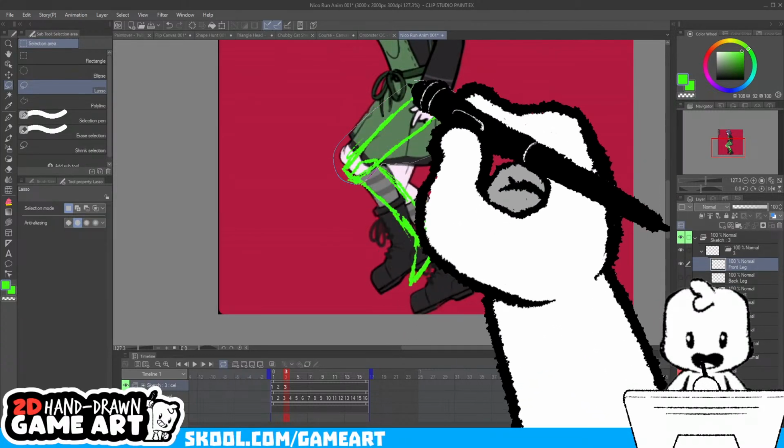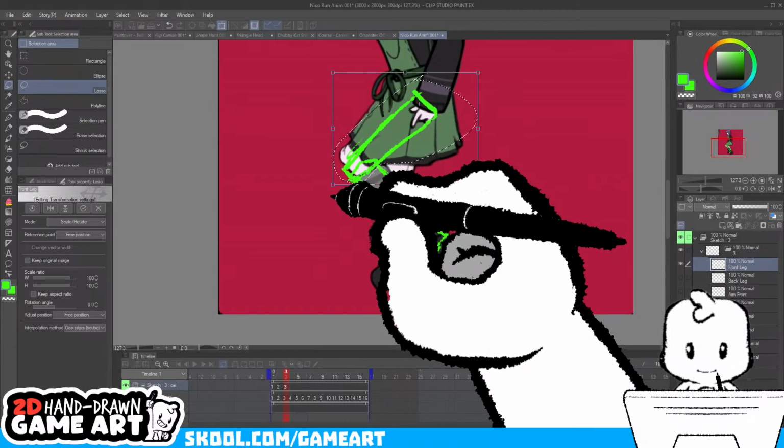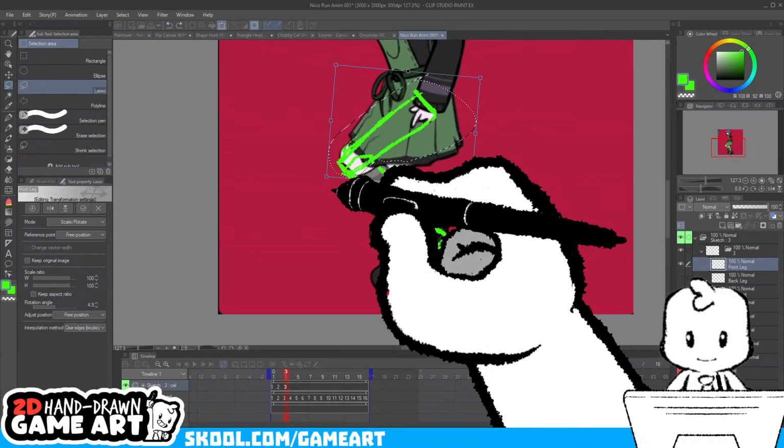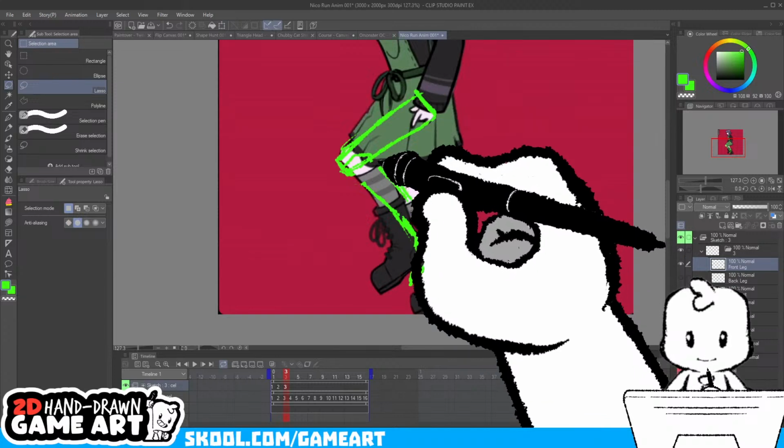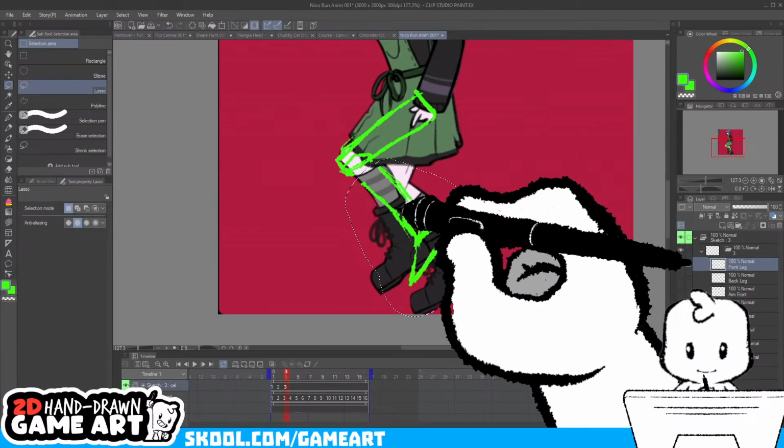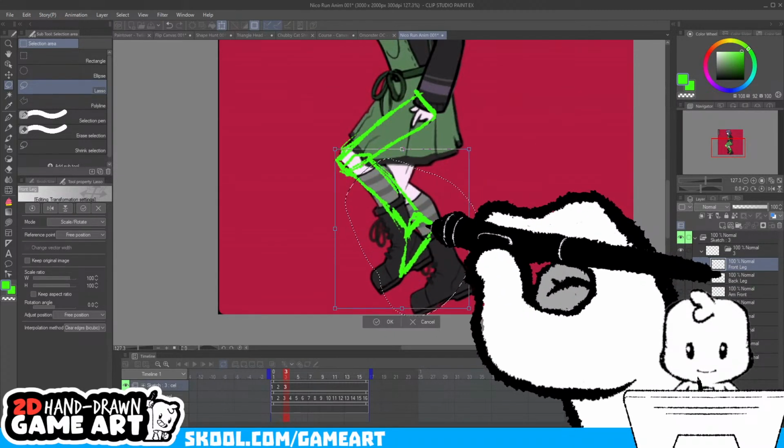This might even go faster if I just focus on one leg at a time. So I think for the time being, I might just do the front leg and then circle back and do the back leg.